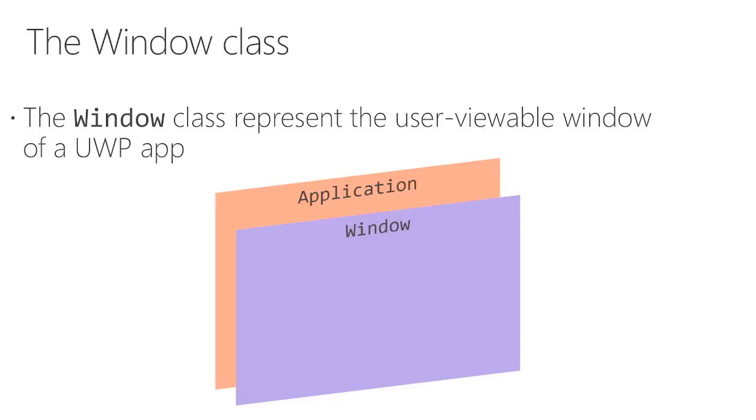Now, the window class, we were actually talking about this just yesterday. This is really what represents the user viewable area of your application. And it does a few very important things, and things that we're, again, really familiar with as Windows developers. So it gives you that surface area, but it's also what defines the frame of your application. It gives that resizable control. It's where your minimize and your close buttons go. And then it's going to host